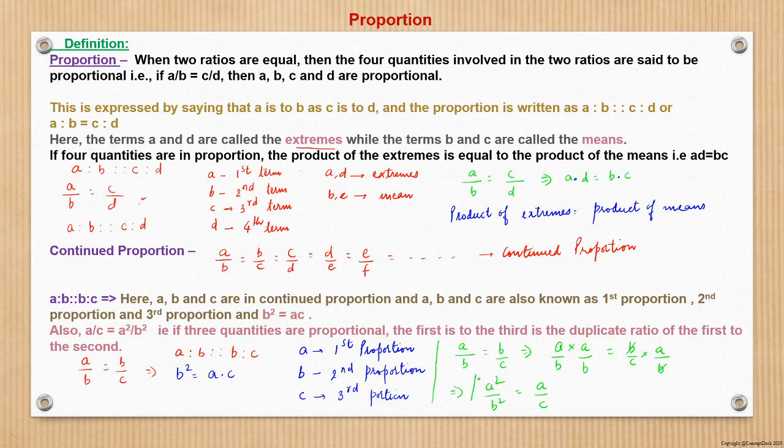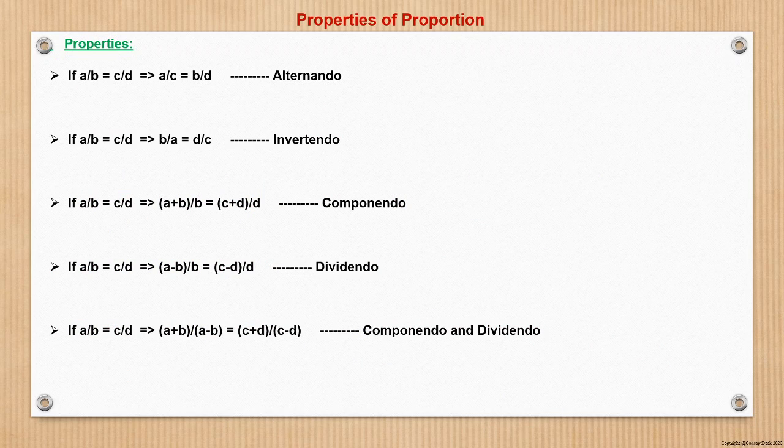How come? We may not remember this. It would not be reasonable for me to expect everything can be remembered. But if you have got the derivation part or the properties are clear, these things can be easily derived or used in any calculation wherever required. So this is the basic overview of proportion, and this we will be requiring or using going forward in solving the illustrations. Now we will look into certain properties of proportion.